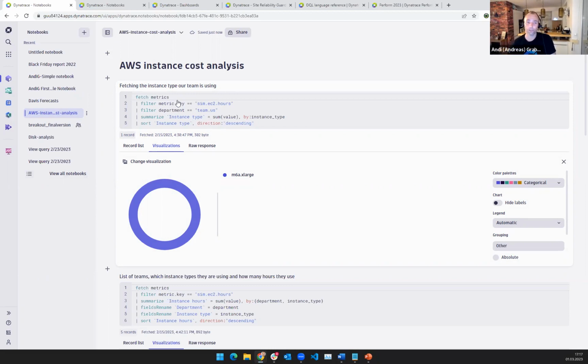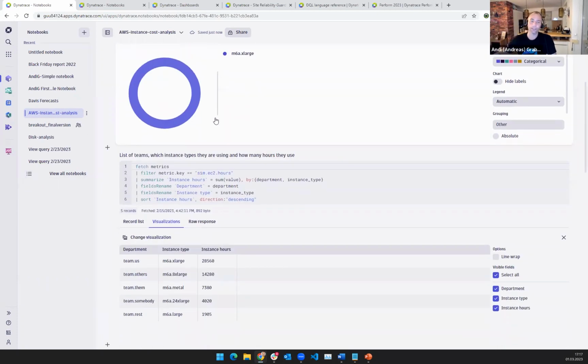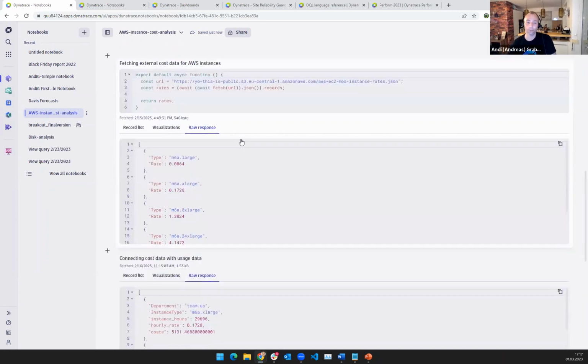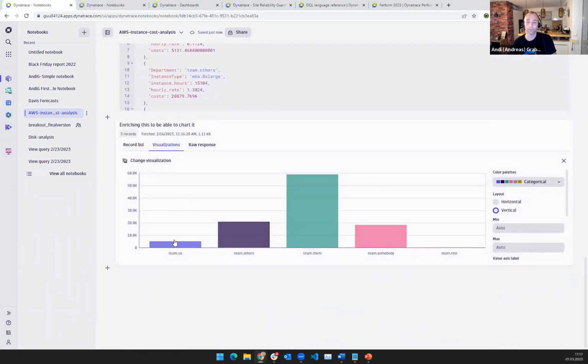You can see here they fetched metrics, EC2 hours by a particular team. They started building out this notebook in an exploratory way, where they then additionally queried information about costs from an AWS API, costs per EC2 instance. And then they combined this data in the end, where they could see not only how many hours they consume, but what the total costs were for each particular team.